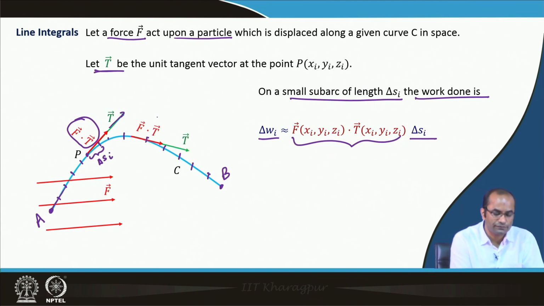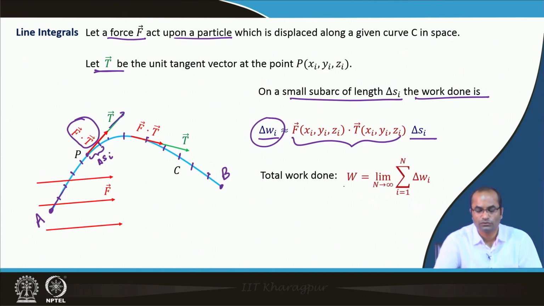So, here I have just shown that at any point we have a similar situation. Again this f dot t will be acting along this tangent t. So, if we add all this work, the total work done we can compute by this summation, i from 1 to n, of delta w i, and then we take the limit as the number of segments of this curve, n, tends to infinity. Then we will get exactly the work done along the